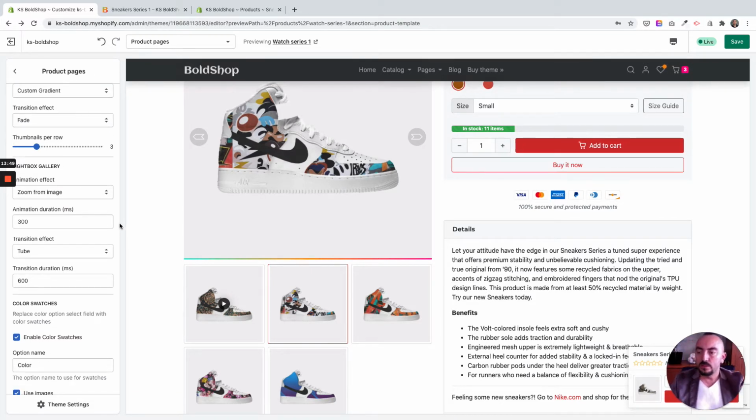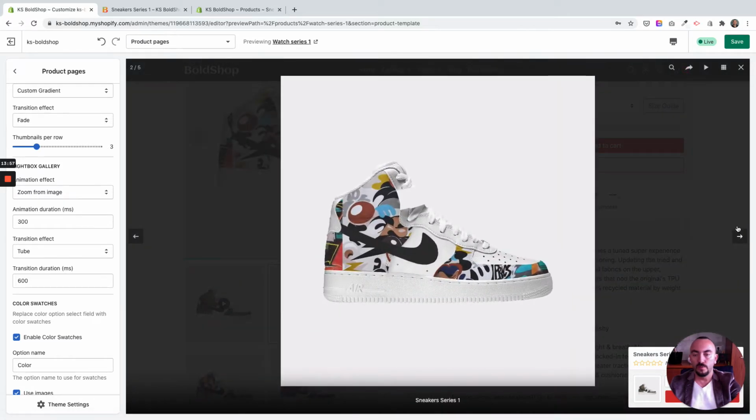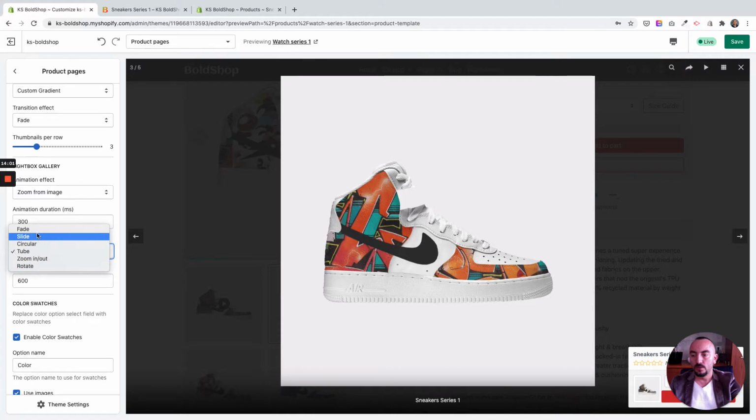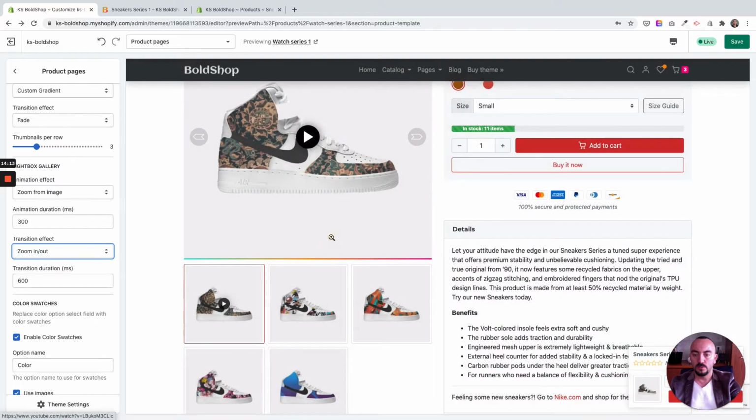Okay, so there is also the transition effect, which refers to the transition when you move the slides. Okay, so there are some available options there. You may choose the one that you feel is right for your store. For example, let's try an advanced one. Sorry, the zoom in, zoom out, and as you can see,